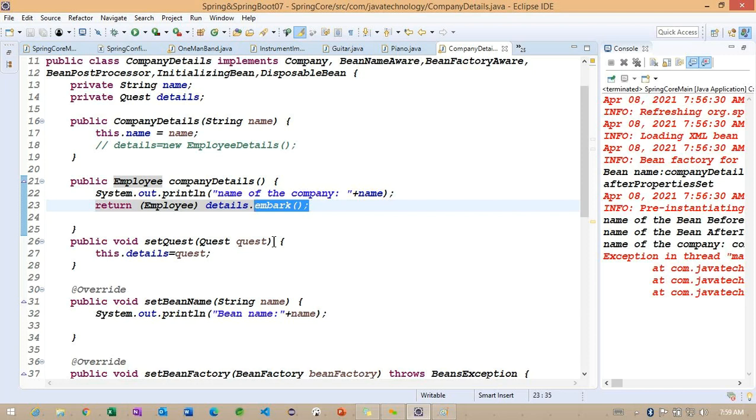After discussing the bean scopes, we are going to work with the init method and destroy method. Before initializing some properties, how we can provide the init method, and before destroying this particular object, we are going to work with the destroy method.